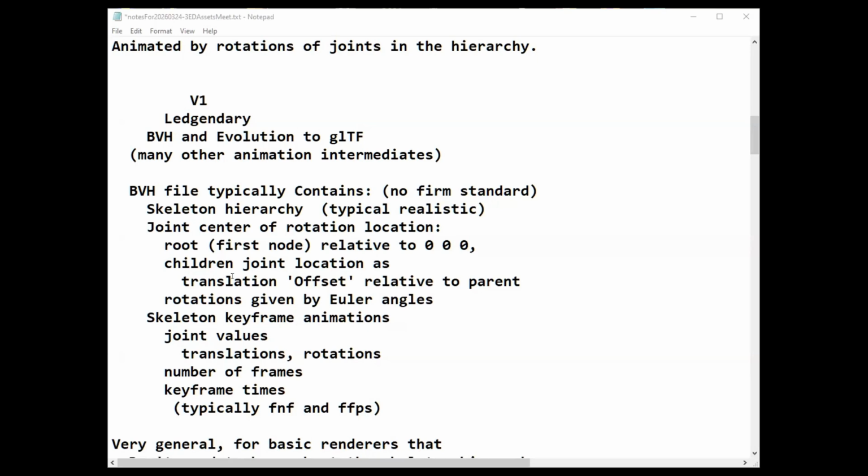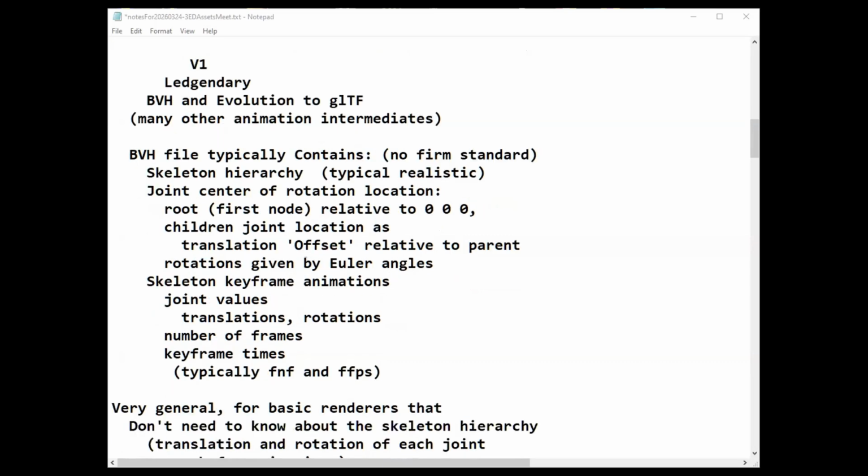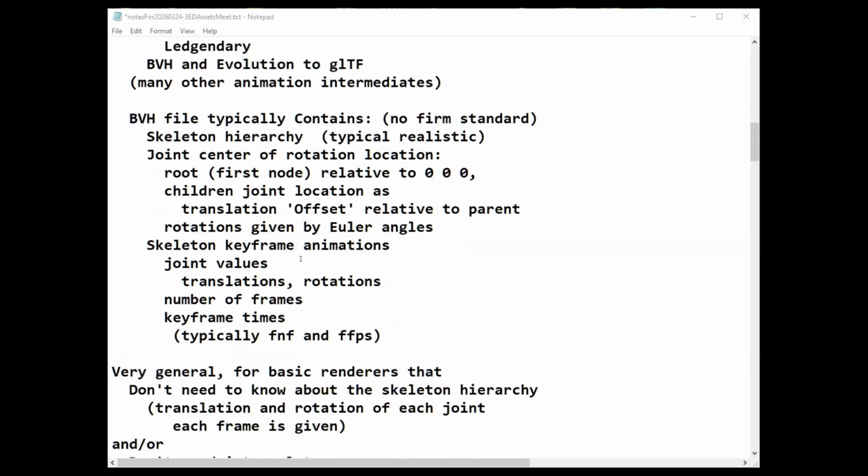And then the child joint location is given as an offset relative to the parent. So each joint node is placed relative to its parent. If you have a hip, then the knee is placed relative to the hip.